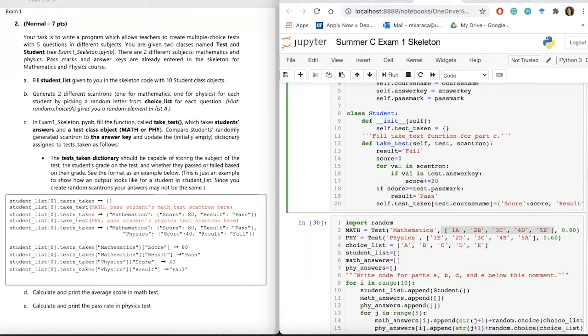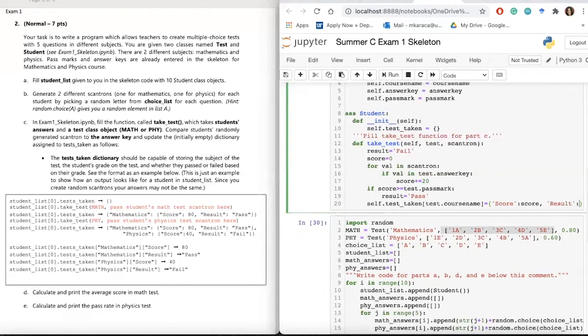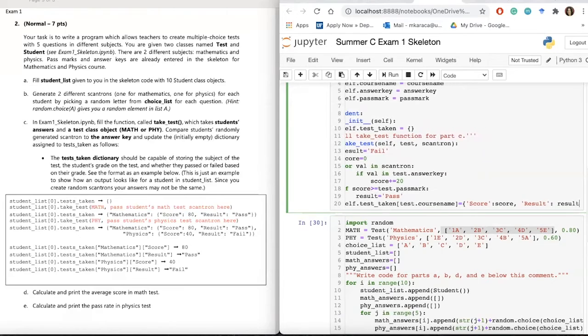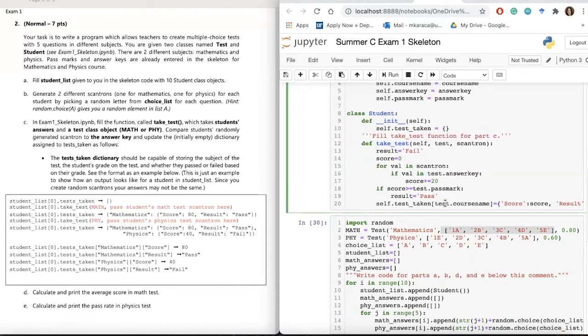And then what we would like to see is colon. We're going to insert this result over here. All right, that's it. We generated self-test taken was